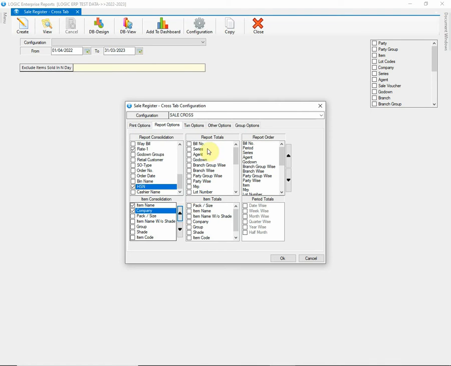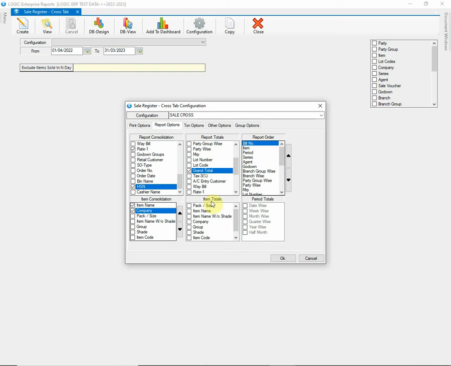Coming to the report totals section, select the option from the list according to which you want to see the report total. Here, we are choosing bill number and grand total. Moving forward to the report order, this section will decide how the report is going to be compiled. You can use arrow keys to set the order of the report. Now, for instance, we want the report to be bill plus item wise. Make sure both of these options appear on the top. So we will shift the item to the top after bill number. This order will create the report bill wise along with the items that are transacted.